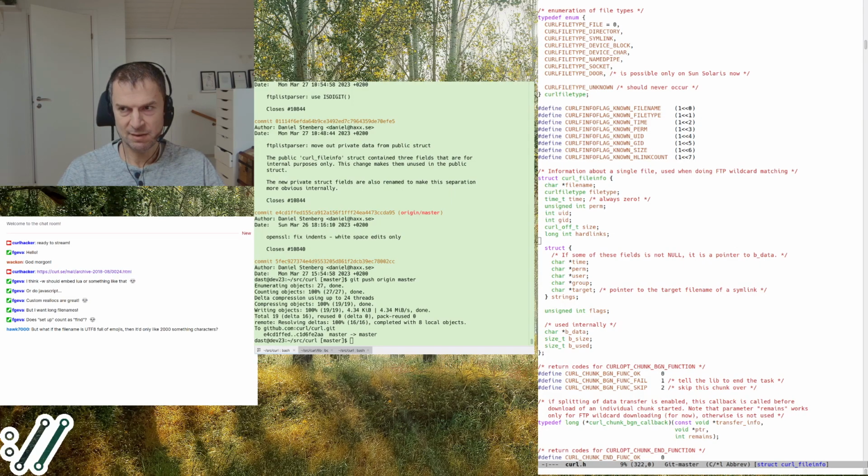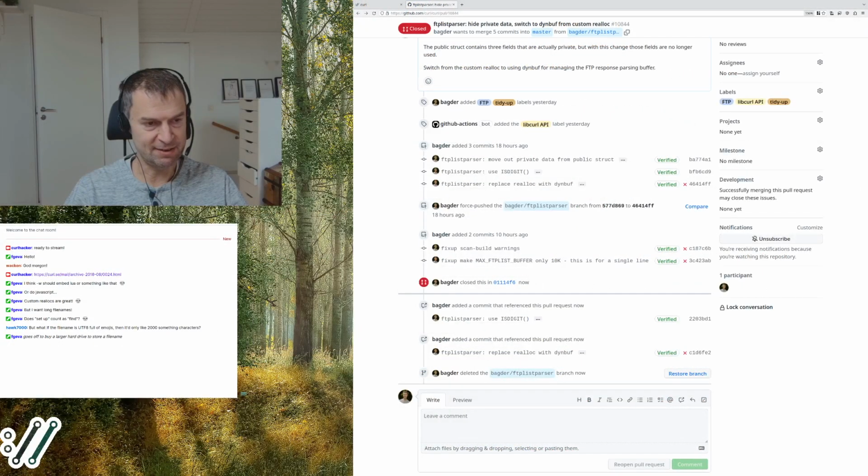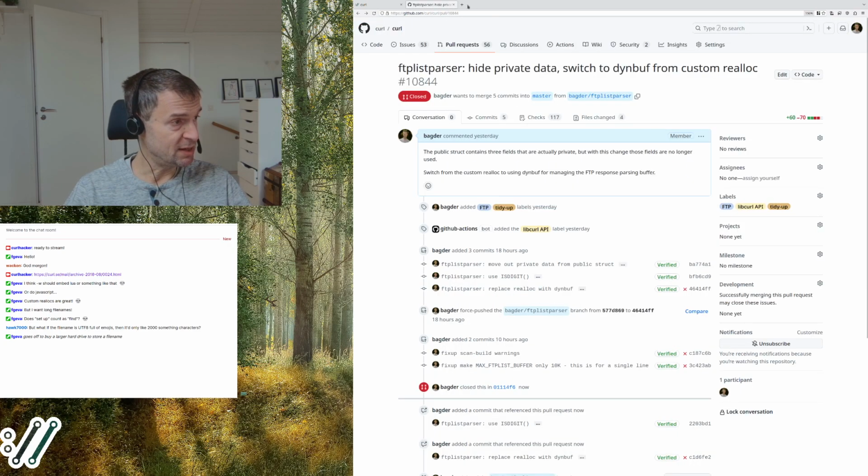FTP was created in simpler times. I guess you have problems if you go anything beyond plain old ASCII on FTP, but I'm guessing. I actually don't know. So I merged this one as well.